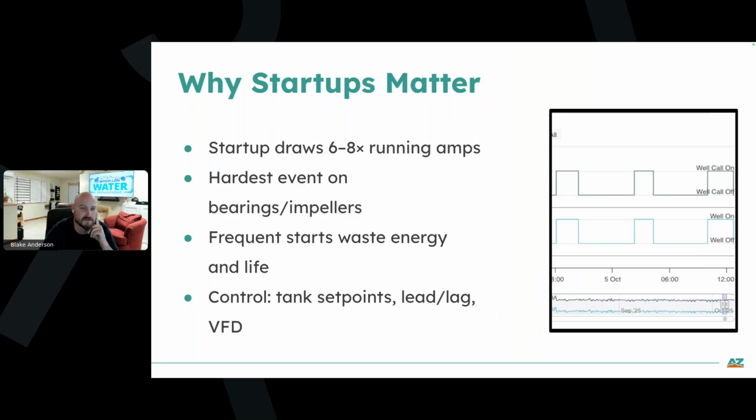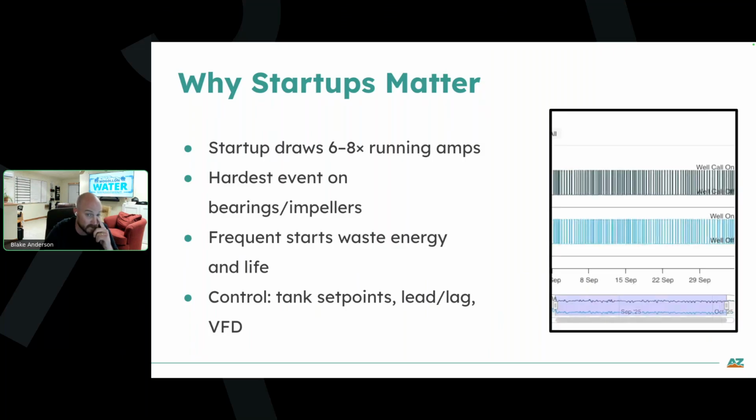But you see this graph on the right, we pulled this out of our SCADA system, and you can see these bars rise and fall 3 times over a 24-hour period, which doesn't seem like a lot, but when we do the same graph over a 1-month period, all of a sudden those little spikes start to add up. And so you think about that not just over a month, but over 5 years, how many times that is just cycling on, off, on, off, on, off. It becomes really, really impactful if you can change those even by 10, 20%. That can be thousands of starts that you didn't have to have over a period of years.